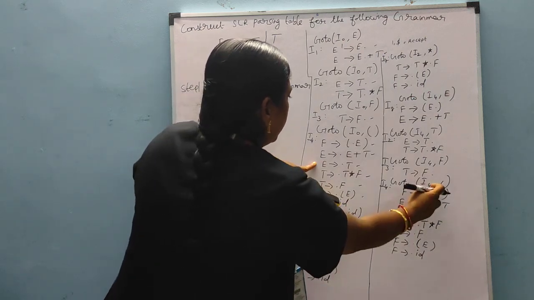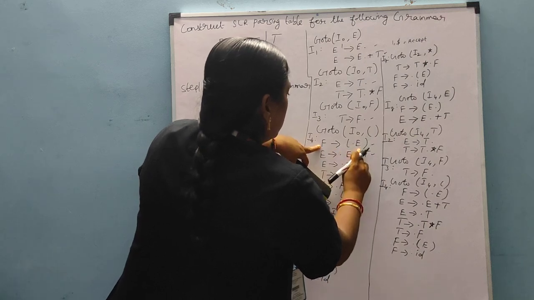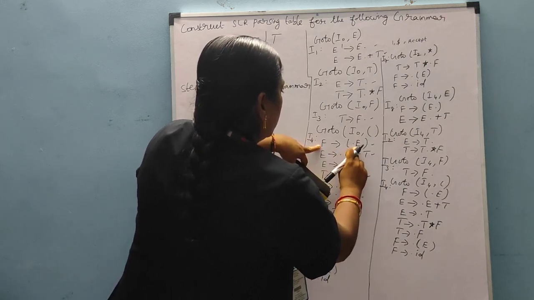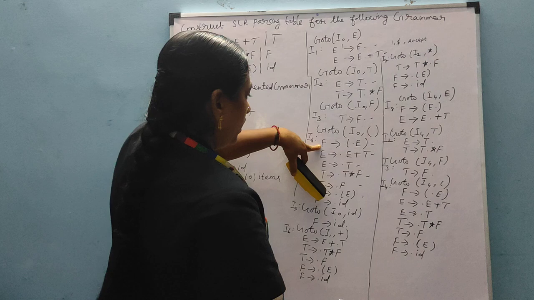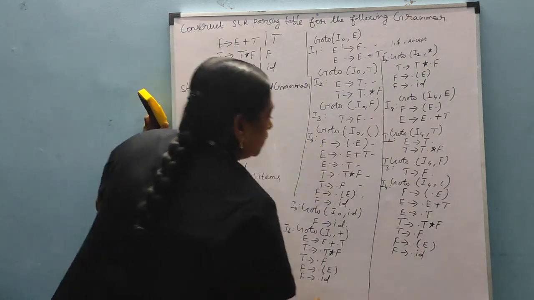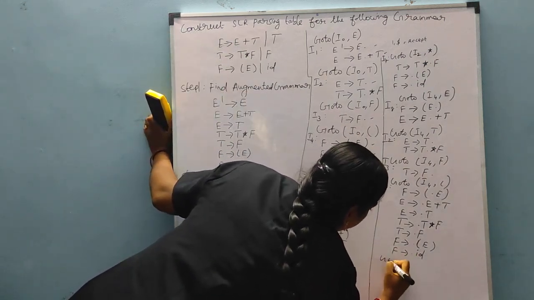I4 comma open bracket. Yes. This state, open bracket after movement, E is there. So I am writing the E production. Yes, completed. The next one, go to